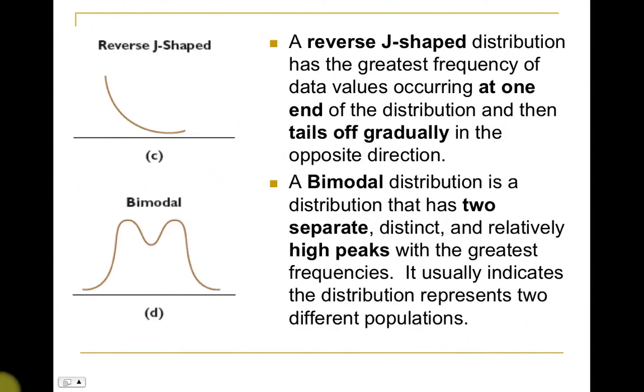A bimodal distribution has two separate, distinct, and relatively high peaks with the greatest frequencies. So that's here and here. So imagine that you have data values around here that have high frequencies and data values around here that have high frequencies. It usually indicates the distribution represents two different populations. Okay, so imagine that you have